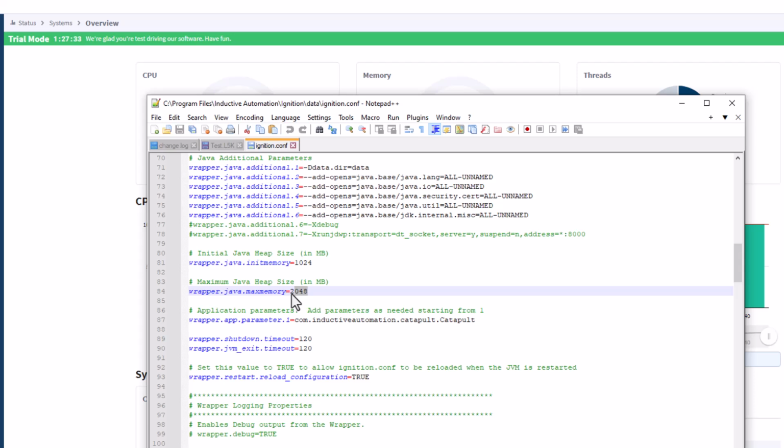Currently it's set to 2 gigs. Again, 1 gig would be 1024, 2 gigs would be 2048. So let's just say we want to change it to 4 gigs. So we go 4096, and then to save, again, I haven't started this Notepad++ in admin, so it's going to